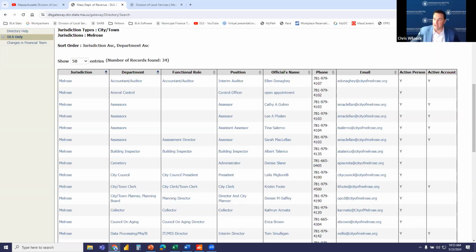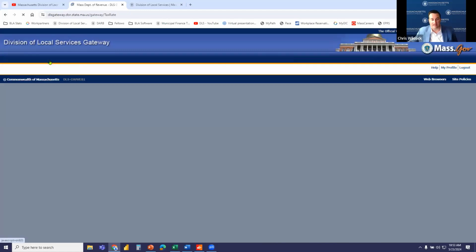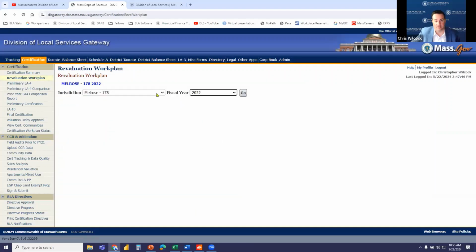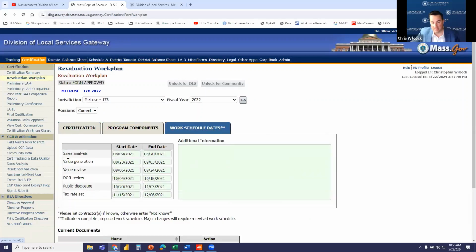And as far as a calendar of what forms are due and what for cert year, absolutely. So as far as different tax rate things, actually, calendars, we'll start with a cert year because that's a little easier. Let's see, work plan. So say I'm brand new to Melrose and I don't know when things are done or if it's a cert year, this is not a bad template to use as far as disclosure. You don't have to use it every year. But there are DOR review steps, you want to build that out. So I would say 1, 2, 3, 4, I would take out public disclosure for interim year and I would put in,